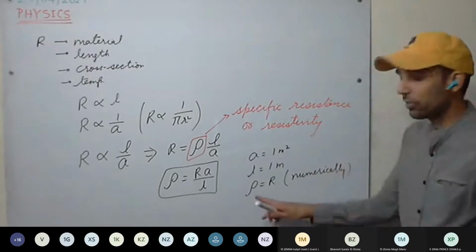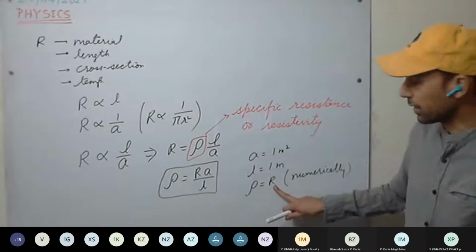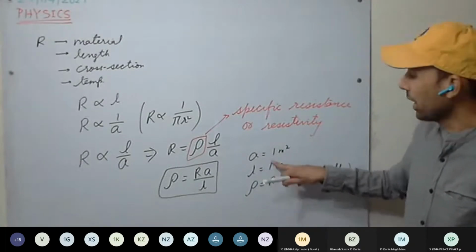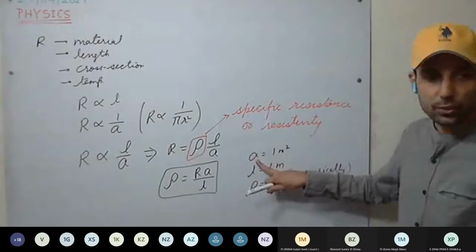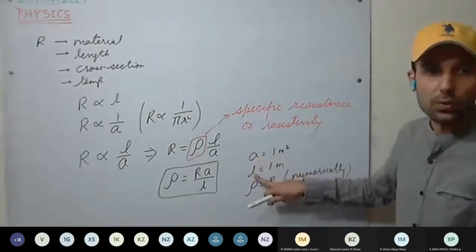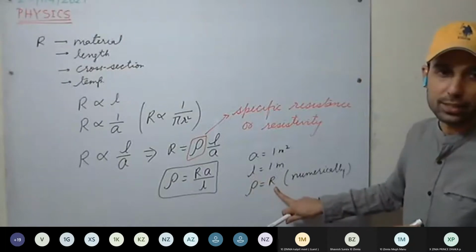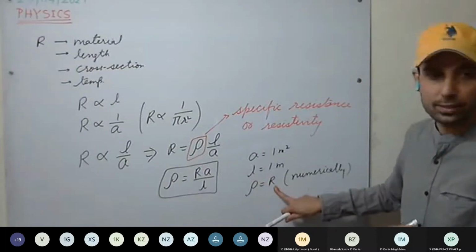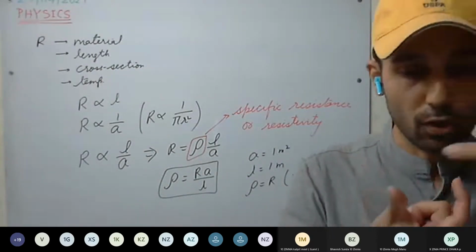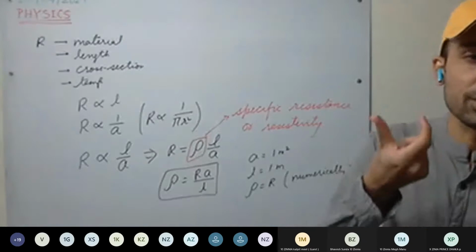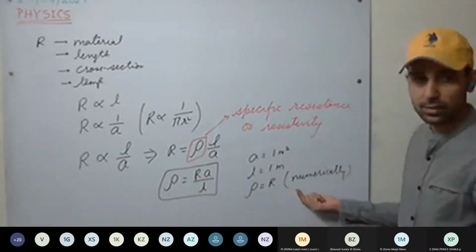Okay. So what is specific resistance? It is the resistance offered by a conductor whose length is 1 meter and area of cross section is 1 meter square. That is, the area of cross section is unit and the length is also unit. Then specific resistance is numerically equal to the resistance. Or we can say it is the resistance offered between the two opposite ends of a unit cube. Understood this one? What is specific resistance?